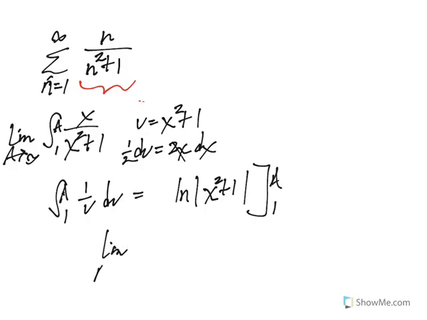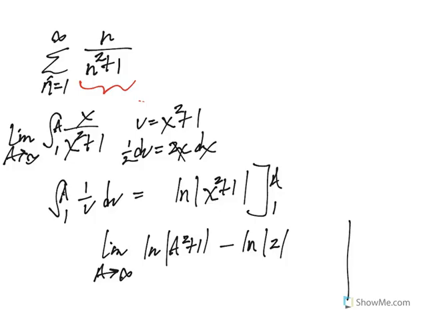I'm going to take then the limit as a goes to infinity of the natural log of a squared plus 1 minus the natural log of 2. If you recall, the natural log graph looks something like this. This goes all the way back to Chapter 7. As a goes to infinity, so does the natural log, minus some finite value there. So this is, in fact, divergent, which means